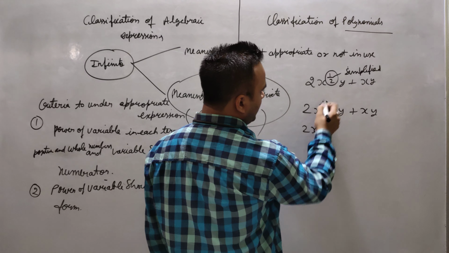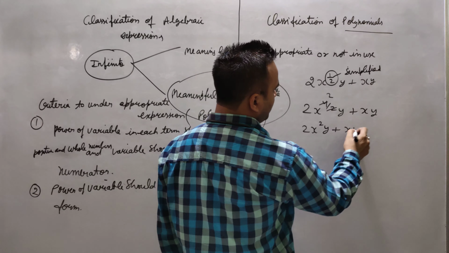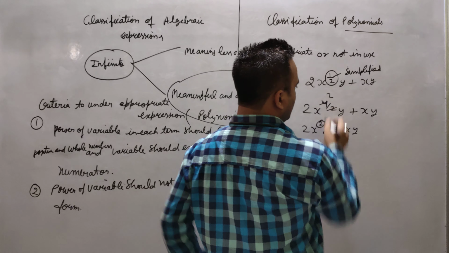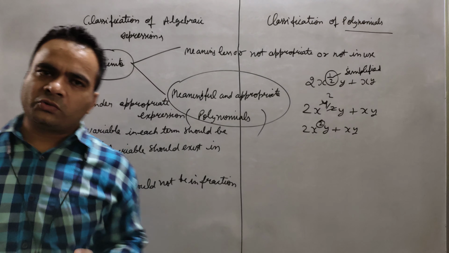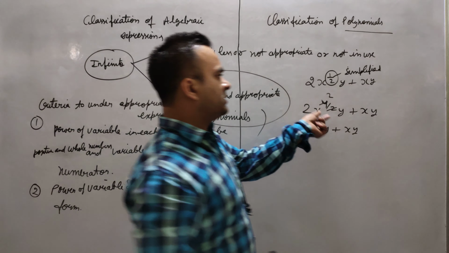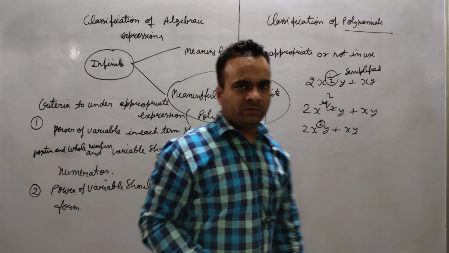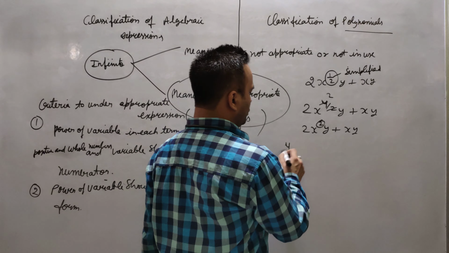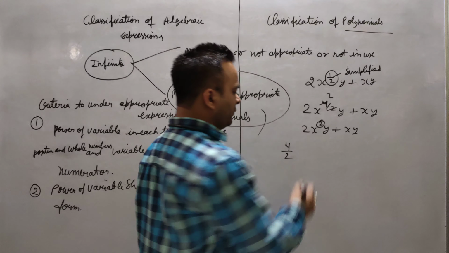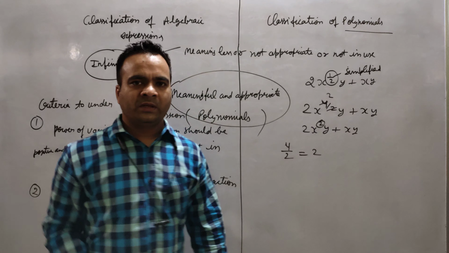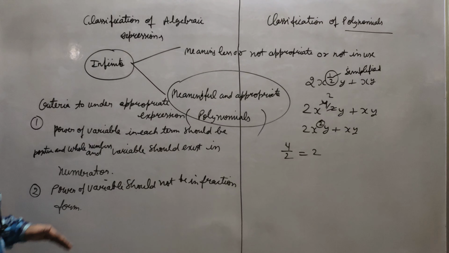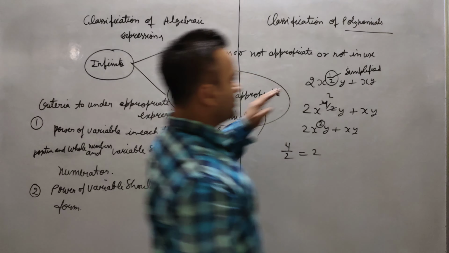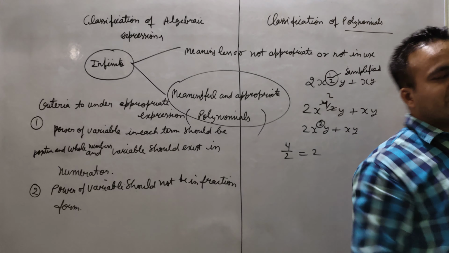The simplified form will be x square y, but it is positive. So if it is written in p upon q form, it is not always true that it will behave like a fraction. Actually 4 upon 2 is an integer or a whole number, because 4 upon 2 is written in the p upon q form, but when you simplify it, it is 2. So whatever criteria you are checking, you have to make sure yourself that the expression is simplified.